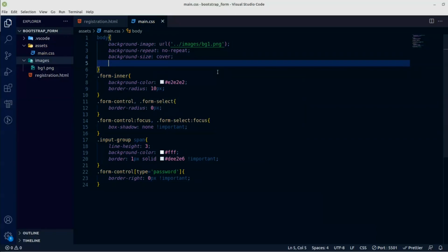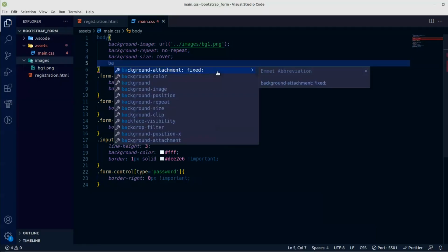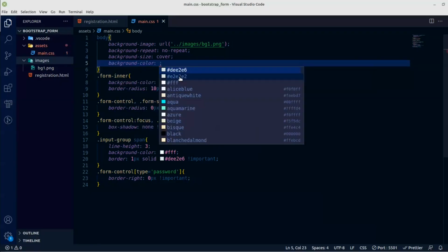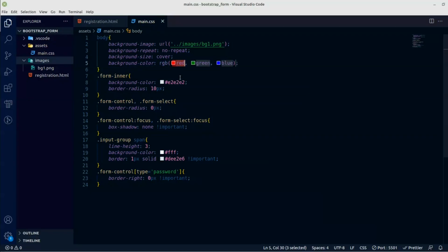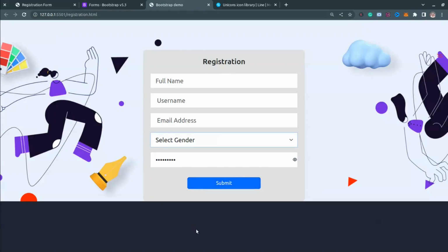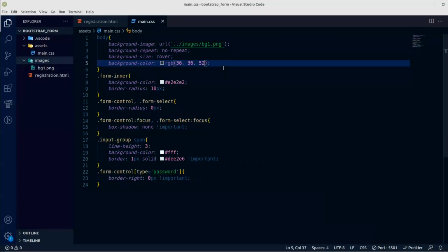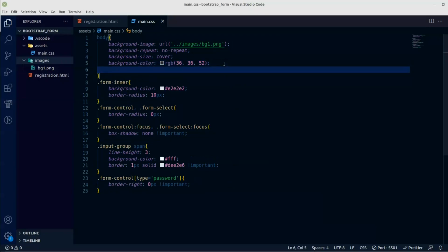Next thing we're going to have is background color. We're going to have a color that will blend it, and it's going to be RGB color straight away. The first is for the red, green and blue, so I'm going to use red 36, and for the green it's going to be 36 as well, and for the blue I'm going to have 52. Okay, that's the kind of color we'll have. So if you check the site, you're going to see something like this on the side. You don't have to panic, we're going to handle that straight away. So we'll have to have